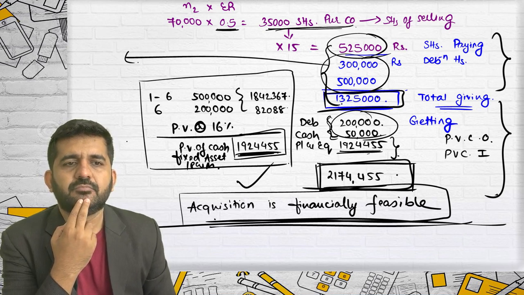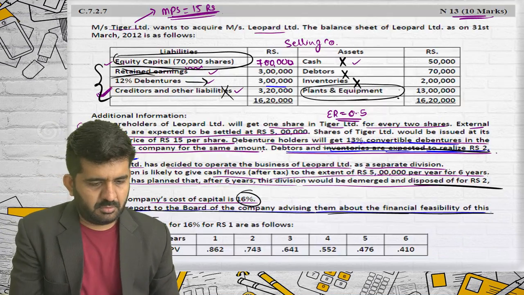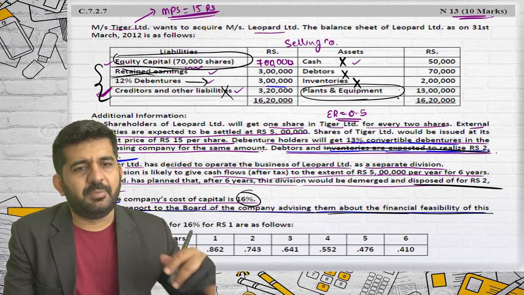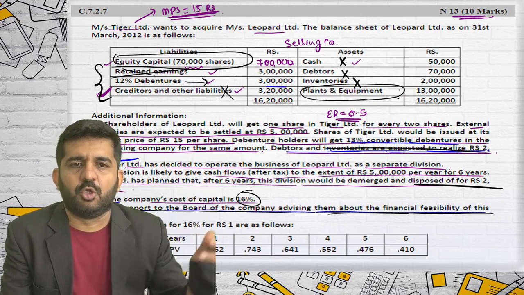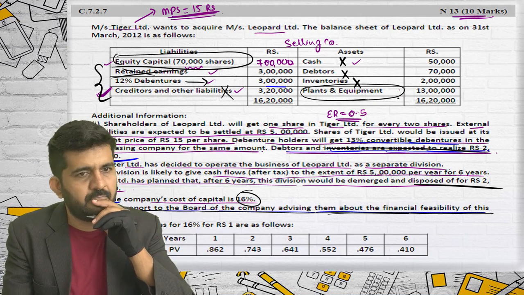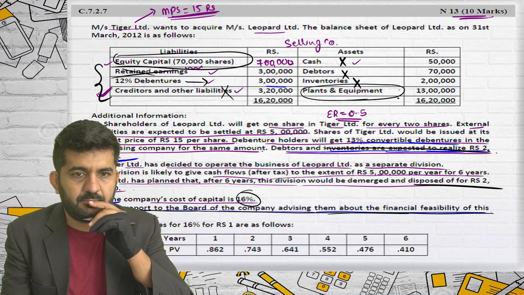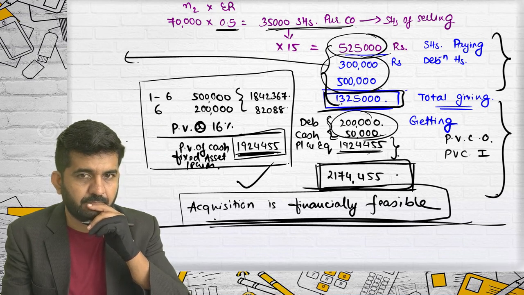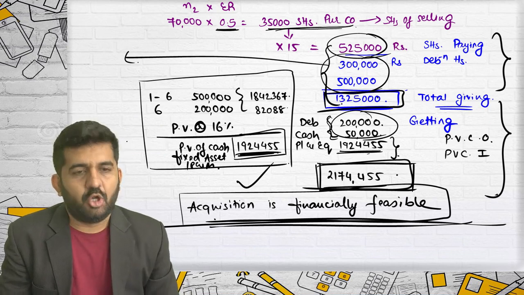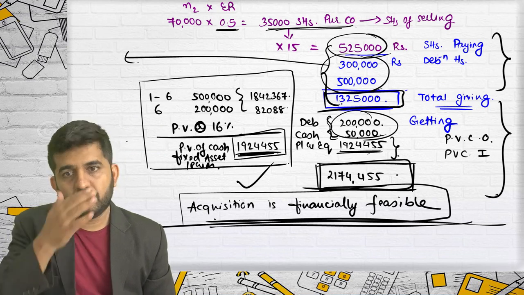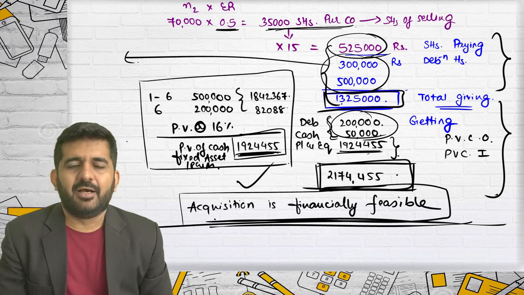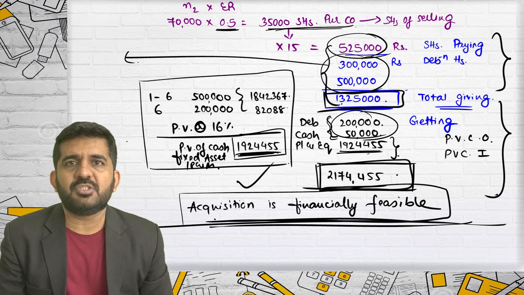There are 12% debentures of 3 lakhs, correct? All right. We are accepting that also. You are not accepting. You will be giving your 12% debentures of rupees 3 lakhs. All right. Yes, I will be giving my 13% debentures. So need we not consider the interest also by discounting it at present value? How will you consider the interest? Because had we not purchased the company, I would not have paid the interest. So it is actually my cost. So shall I not consider that also by discounting the 6 years interest? You are purchasing a full company.